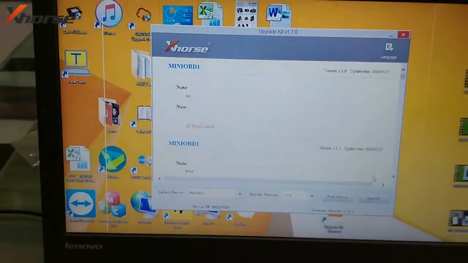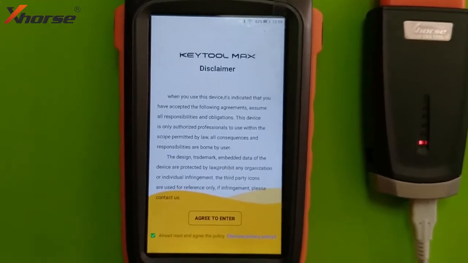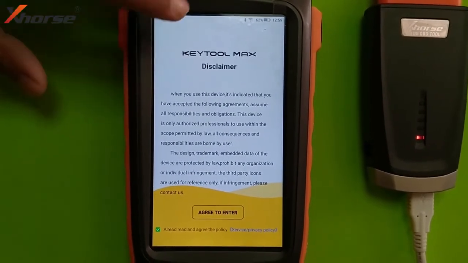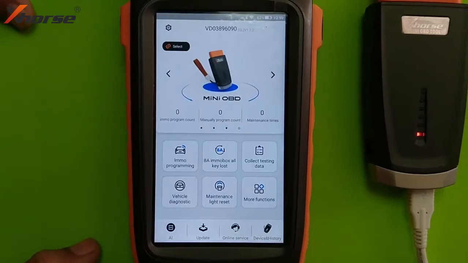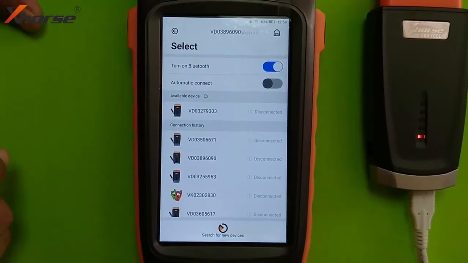Now let's see the functions of KeyTool Max by connecting with KeyTool Max. Connect Mini OBD to KeyTool Max.